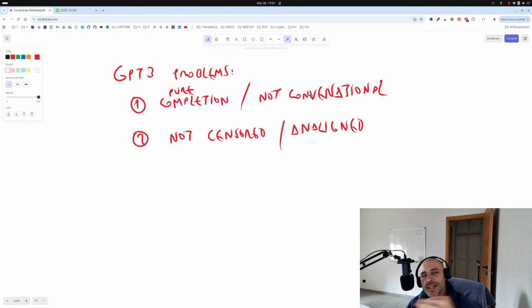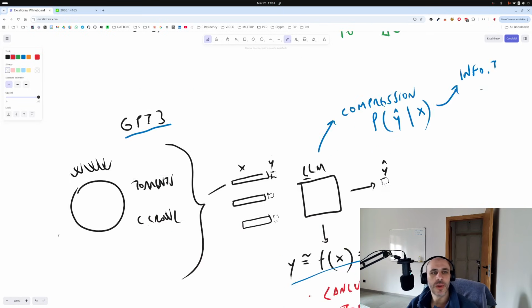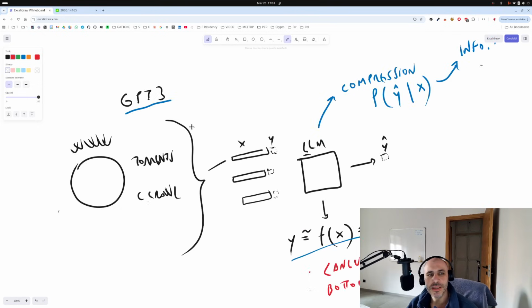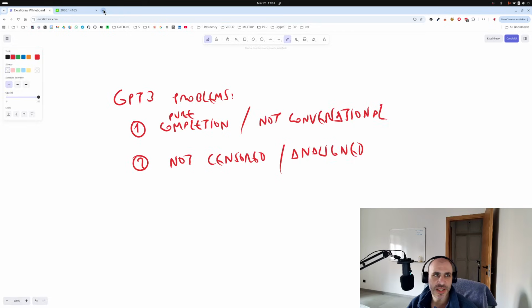So it was completing text instead of following instruction, and it was absolutely uncensored. It would say anything to you. So to publish something at OpenAI for the open market and for everyday users, they had to solve these two problems. How did they solve it?